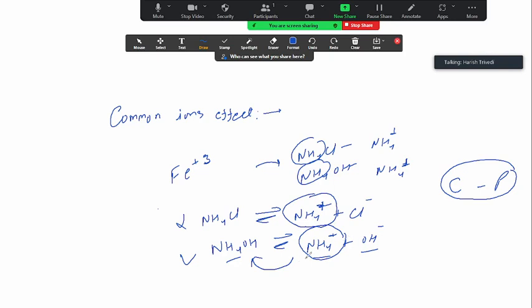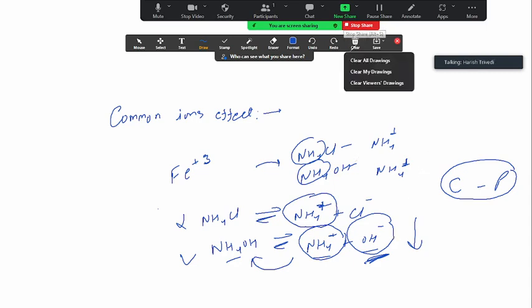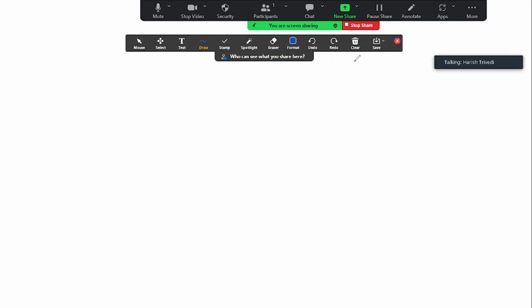So the concentration of OH minus will also decrease, and this concentration of OH is sufficient to precipitate ferric ion. That's why we are adding ammonium chloride in the presence of ammonium hydroxide. Similar things are added in